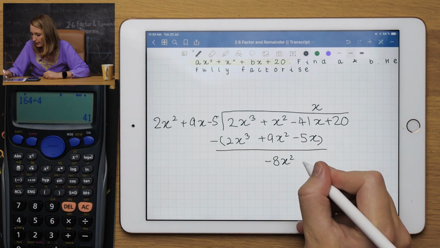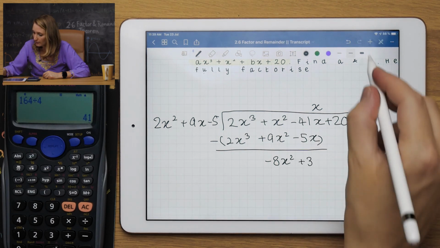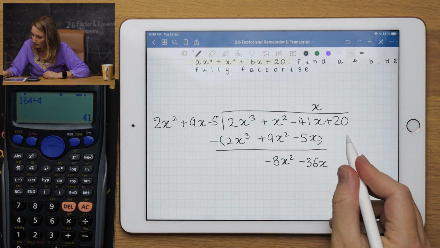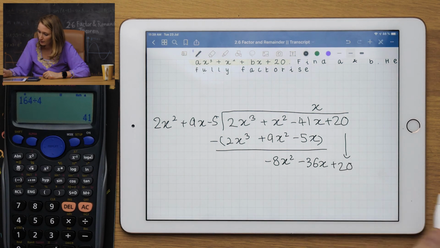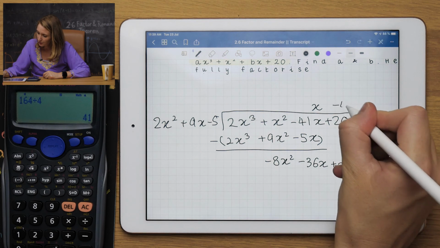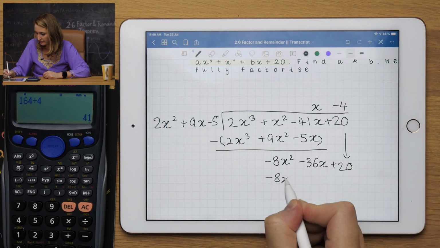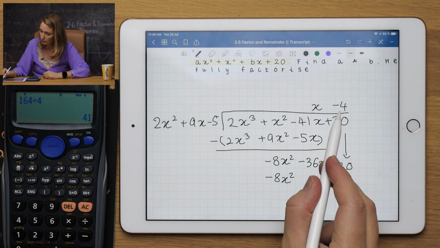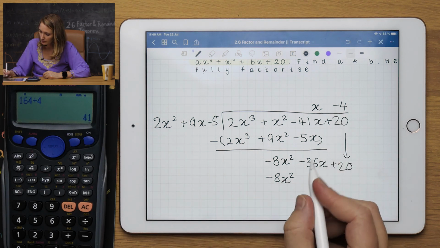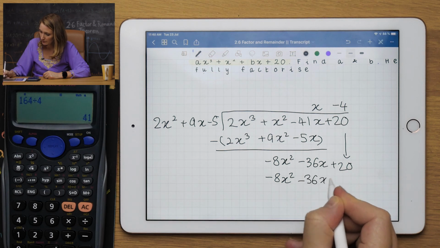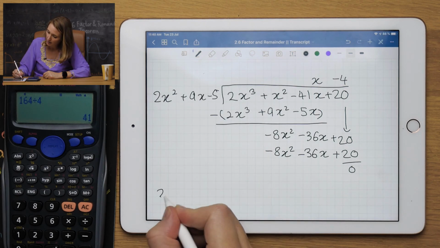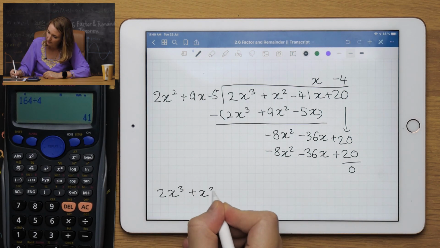And then here would be minus 36x, and we would bring down the 20. We would divide this by 2x squared, that would be minus 4. Multiply each one. Okay, so we can see that our cubic factorized